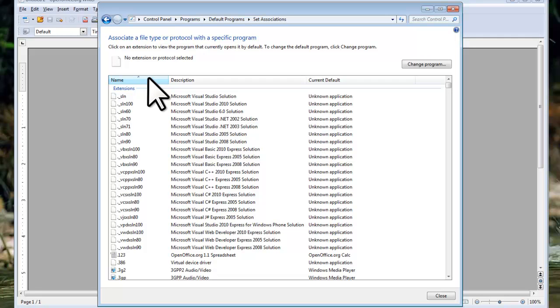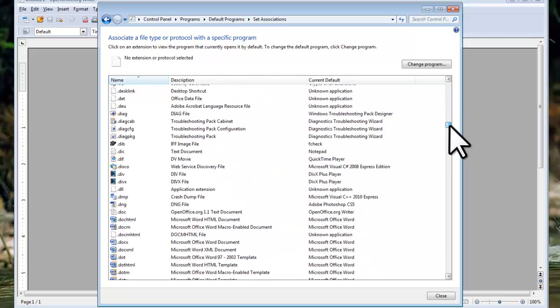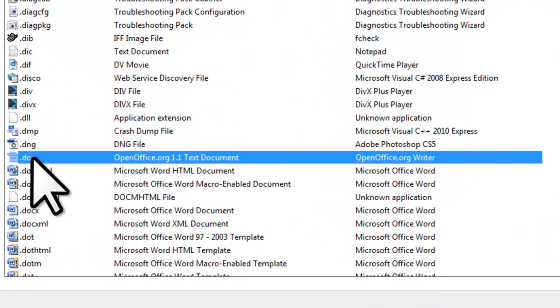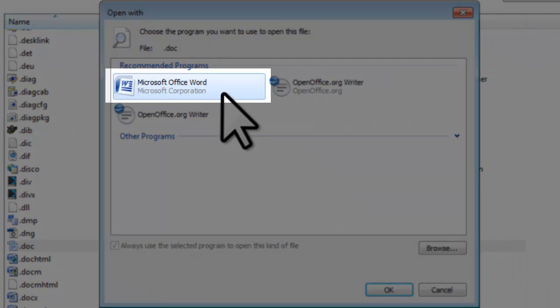Now scroll down the list and find .doc. Double-click on the entry for .doc. This will open the Open With window. You can see that the Microsoft Office is selected as the default program because it has a box selecting it.